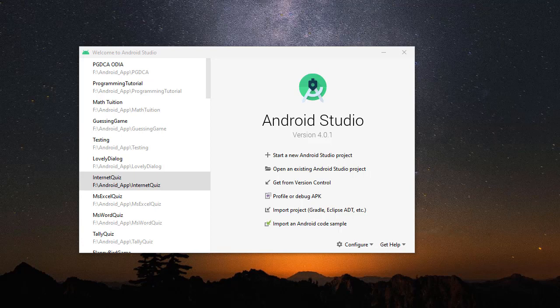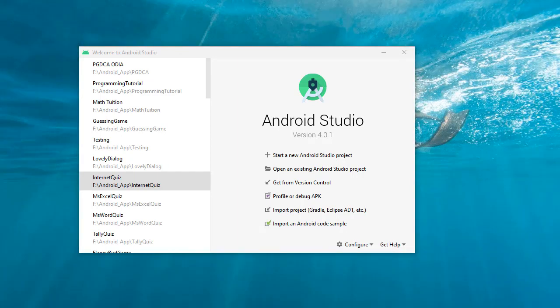But don't worry, most of the things are similar. You can use any older version or any updated version.